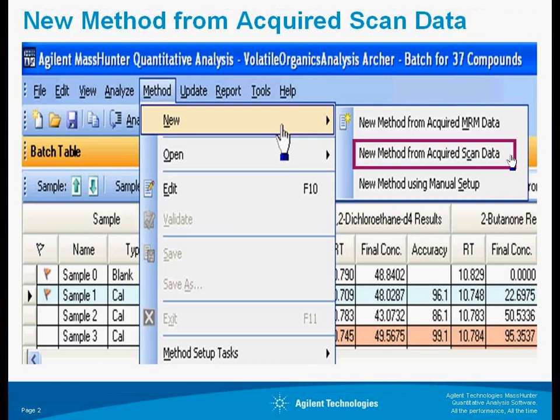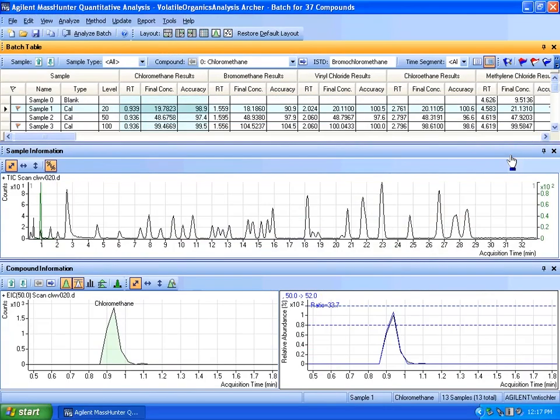And that feature I'll demonstrate here in a moment with a pesticide run that has scanned data. First, a little background on this batch. It is scanned data. Here's the total ion chromatogram. And we see down here the extracted ion chromatogram for the various compounds, pesticides in this run. Now, I will admit that this is a GCMS run. You can probably tell that from the word volatile organics here, that has been converted, and we're going to use